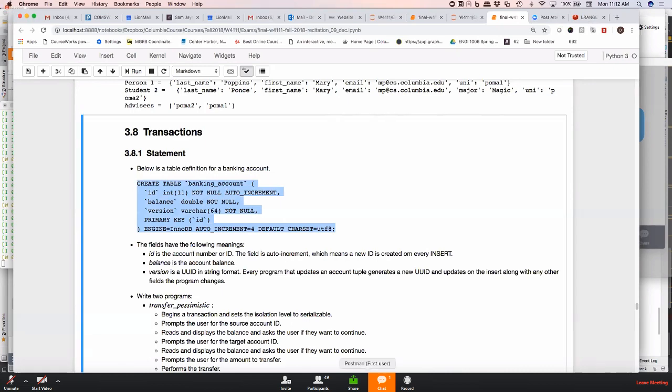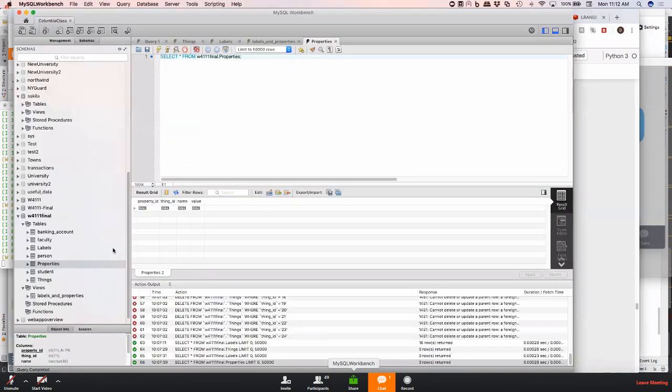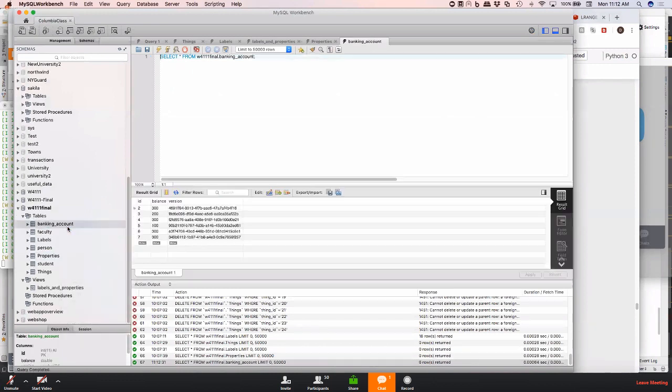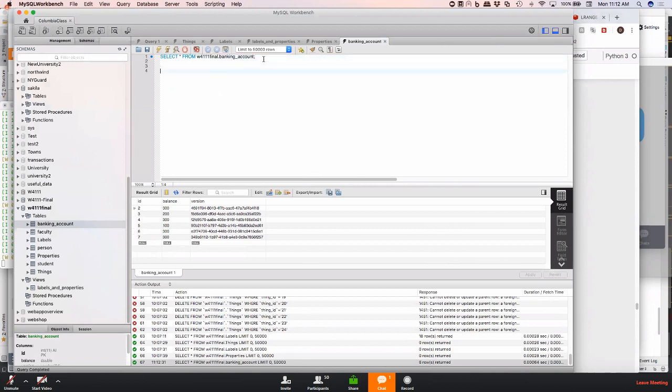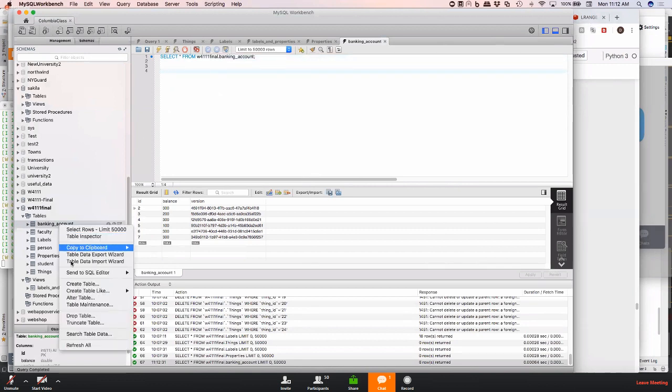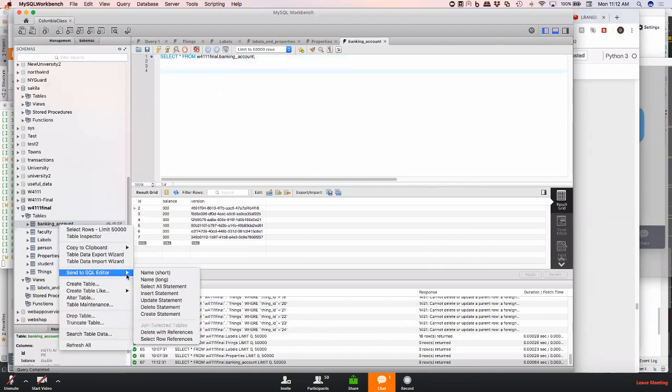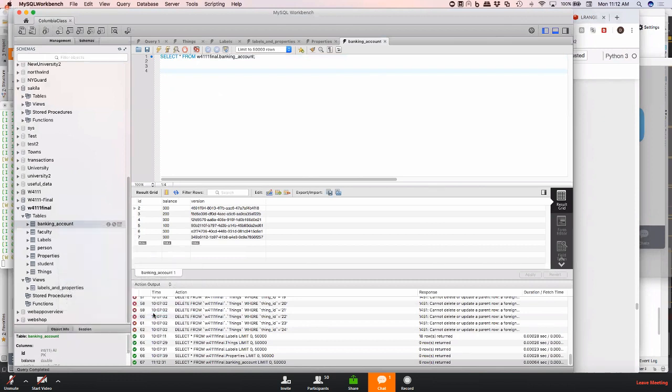So in that schema, if you go look, I just have a few accounts in there. So if you go and take a look at the definition of this thing, that's the create statement for it,